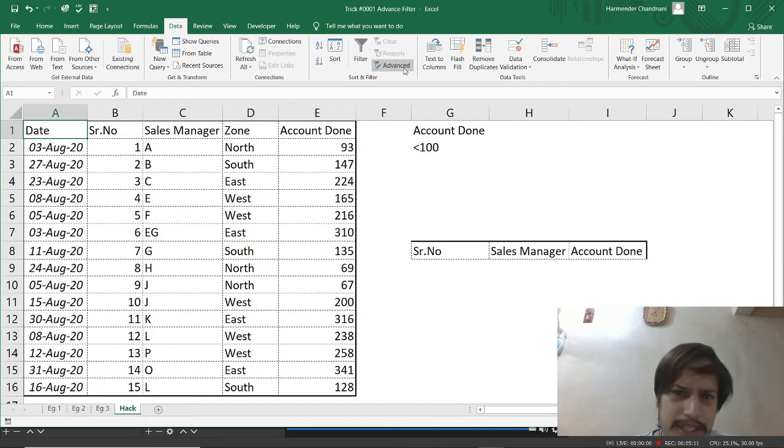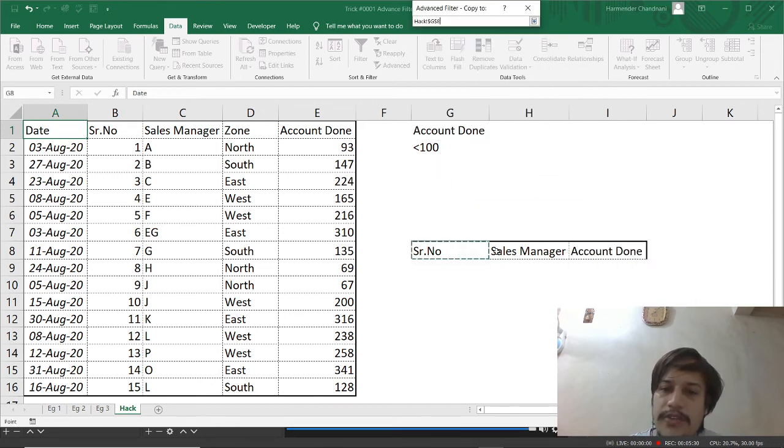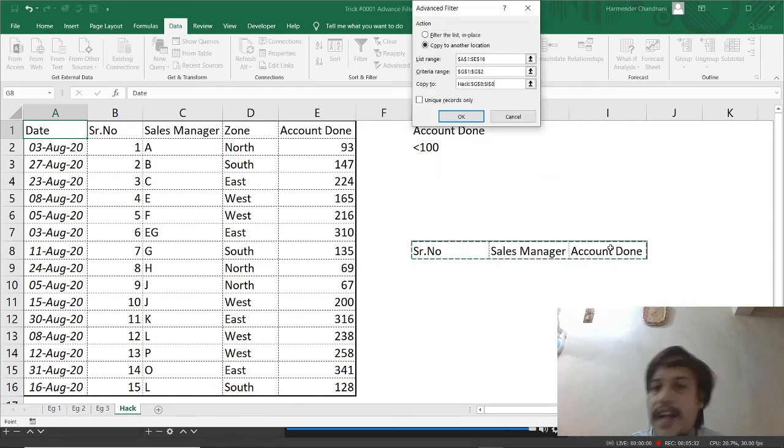That's the example, guys. So let me just go to the Advanced tab, and by default it selected your data table, and the criteria is obviously selected by default. And the last one, it's the hack for this video. Now you have to select this particular header because you just need 3 columns.